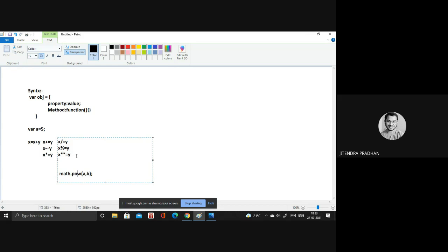Okay. Next we have the pre and post increment operators. Basically we have increment and decrement. This is the increment, and this is the decrement. Increment as well as decrement is divided into two types: pre-increment and post-increment.